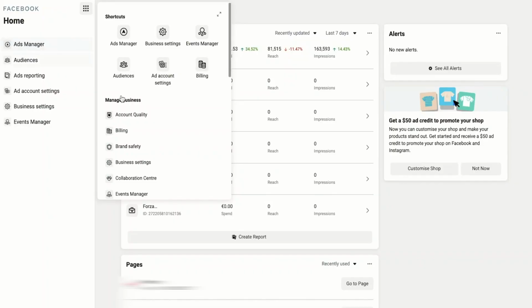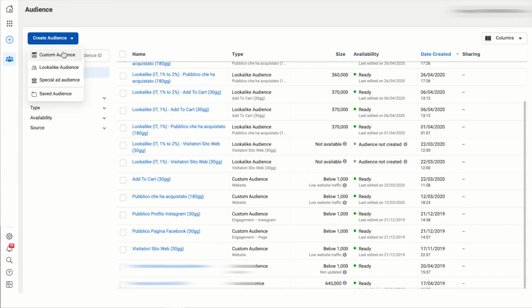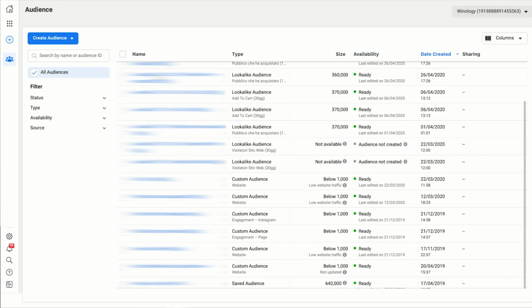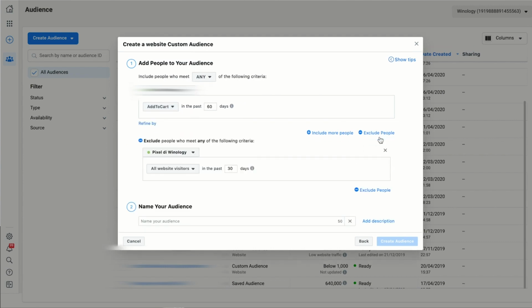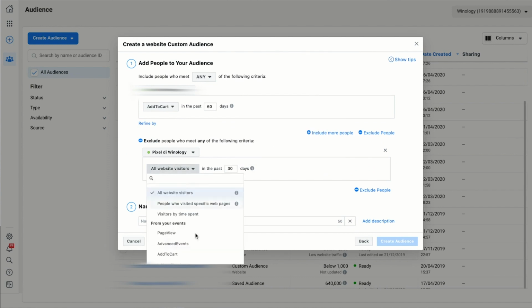Retargeting. Retargeting means creating a dedicated message for the person that visited certain pages that includes extra information that can convince them to conclude their purchases. To do this, you just need to visit your Ads Manager, then Audience, and create a custom audience, website or shopping. You can select, for example, all the people that made a specific action in a certain period of time or visit a certain page in the last week. From these audiences, you can also exclude the people that have already purchased something. After you do that, you will only have a new public that you can add in your ad set, as we already saw in the 4th lesson of this course.